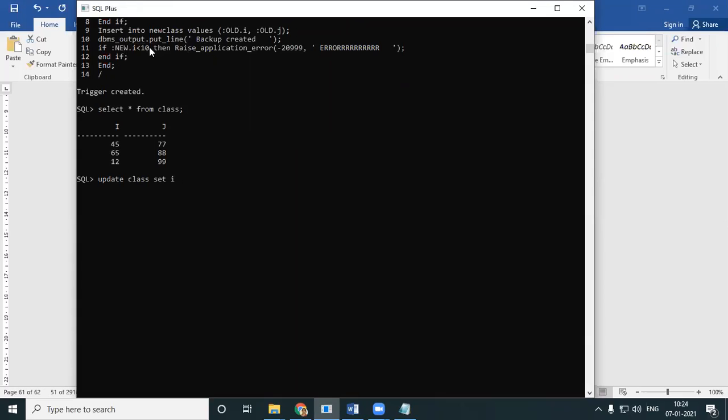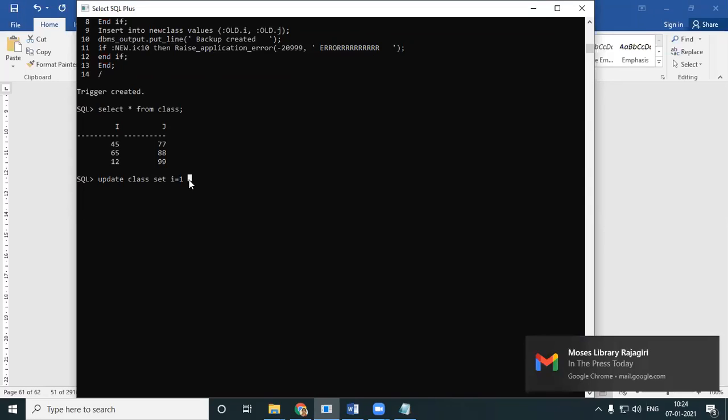Okay, set i is equal to 1, which means this error should be caught. What I've told is if the new i, the i which I am giving, is less than 10, then an error should happen. Let's see. Set i is equal to 1, where j is equal to 77.